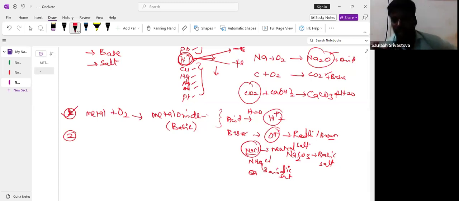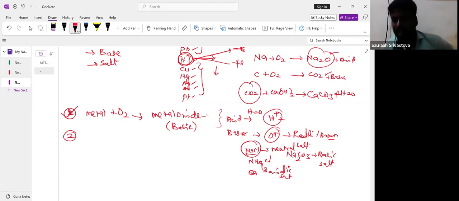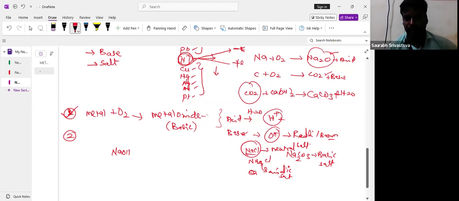That means based on the parent. If it is a strong acid with a strong base, you are getting the salt, it is a neutral salt. If it is a weak acid with a strong base, then it is a basic salt. If it is a strong acid with a weak base, then it is an acidic salt. For example, here NaCl you have written. How did we write the NaCl? NaOH plus HCl gives rise to NaCl. That means you are dividing NaOH into 2 parts and HCl into 2 parts. The Na is going to join with the Cl, OH will join with the H, then it will become H2O. It is a neutral salt.